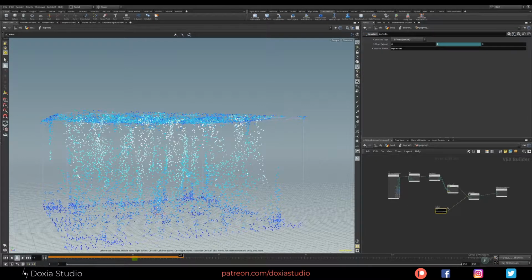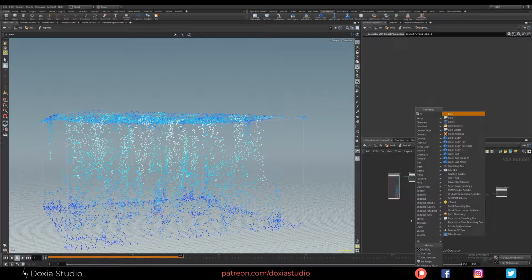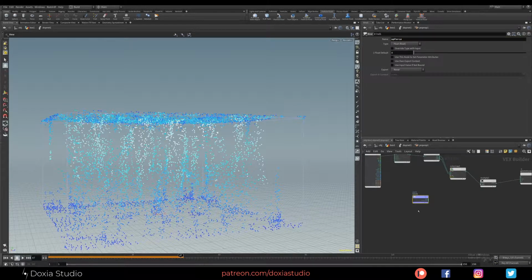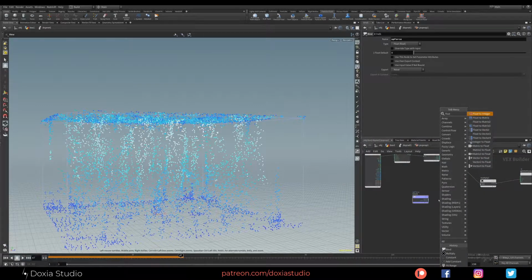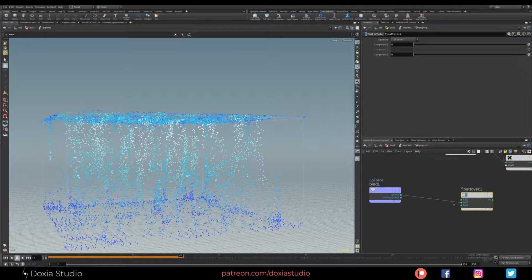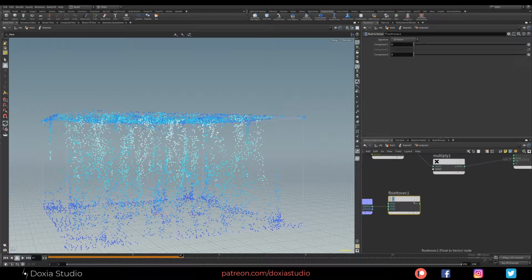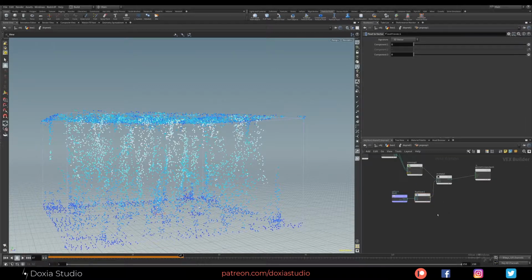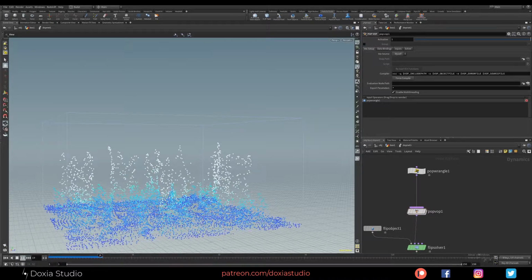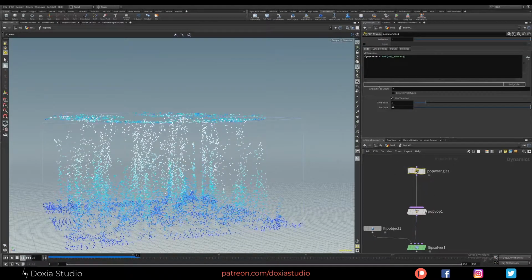How can we use that here? Remember that bind export. Now we can bind import that parameter, the same parameter, up force, right? So we can use any parameter we have on our particles. And now use that one. Let's convert float to vector. Wire this into the y value and then multiply. If you see, now we are still getting the same result, but now we are controlling the up force